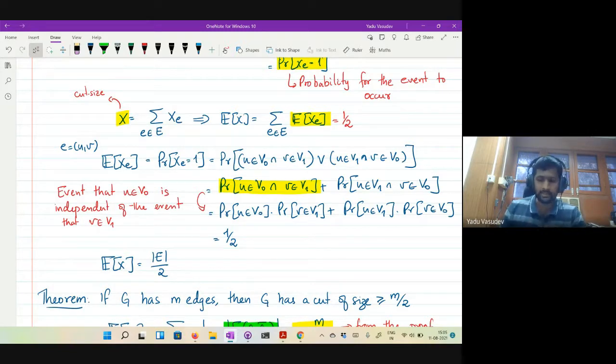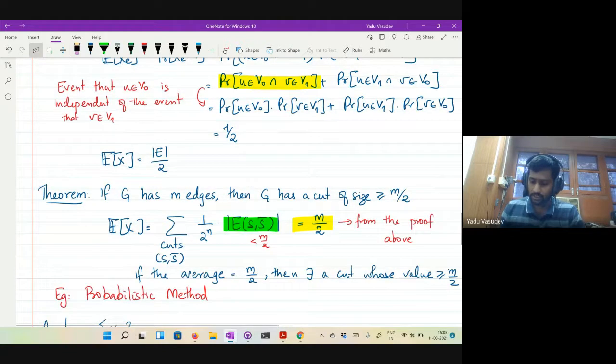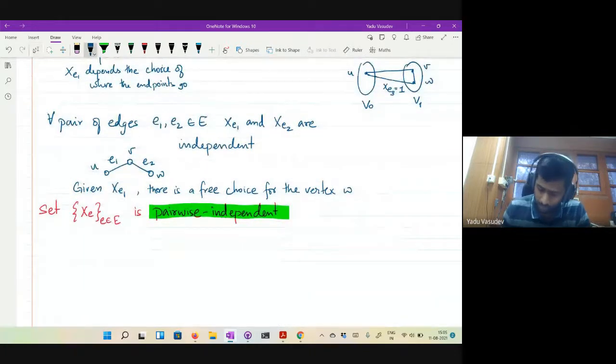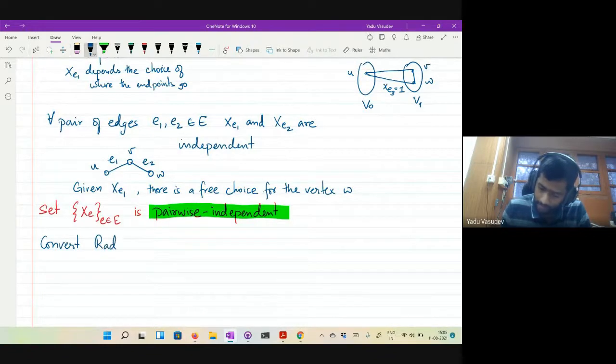It is this observation that we are going to use to get hold of a cut of cardinality M over 2. So what we are going to do next is convert a randomized max cut to a deterministic max cut.